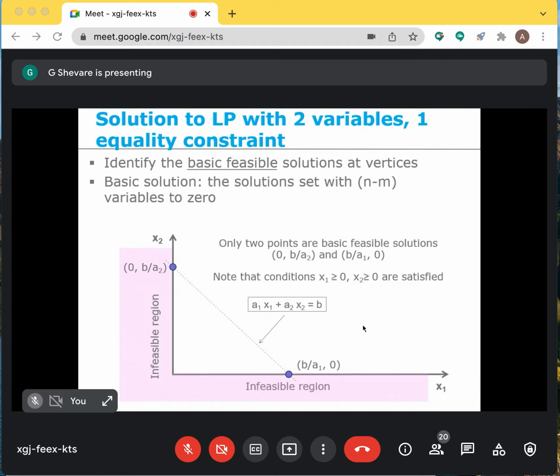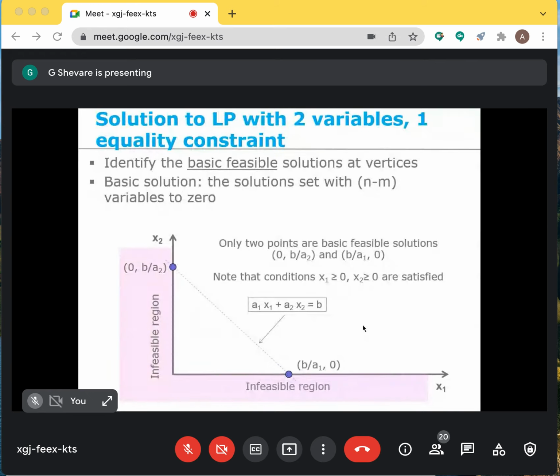So if I have this as the equality constraint, then the solution must lie along this line. I don't know whether that line can be seen along that dotted line. So the solution lies along that dotted line. Any point lying on the dotted line satisfies the equality constraint. That means my system now is working. It may not be optimal. It is an acceptable solution if x1, x2 lies along that line.